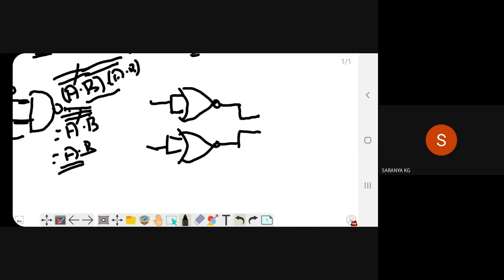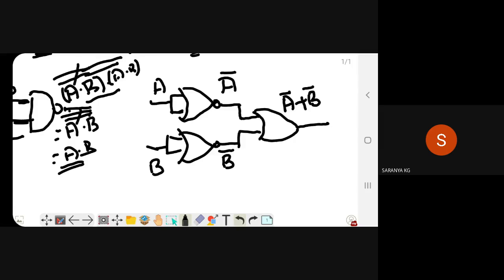If I give A here, its output is A bar. The input B here, you will receive the output as B bar. Here, A bar plus B bar, the whole bar. Sorry, here you will have a bubble.